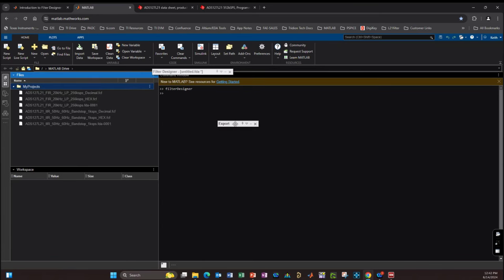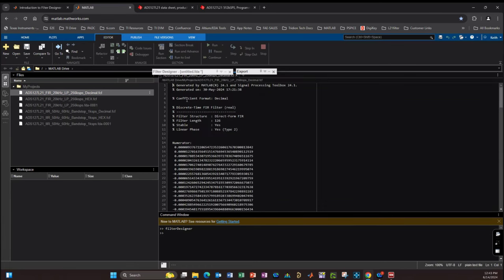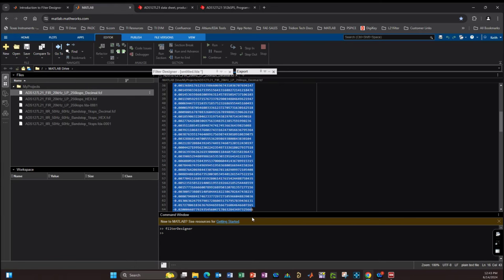And you can see that I've already saved it to my workspace, and I saved the file right here as this one. So we can inspect what MATLAB generated. Just double click on this file and it will open it up over here in the viewing window. And now you can see the actual text file that MATLAB created. These percent signs are comments, basically, that just describe what we just generated. It's an FIR. It's an actual total length of 126 coefficients. It's in decimal format, and you can see right here what it actually printed out. And if we were to scroll all the way down, we'd see all 126 coefficients.